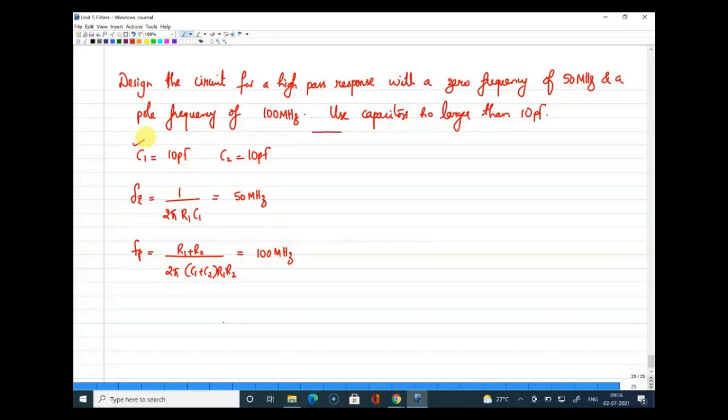Now you have assumed the values of C1 and C2. You know the zero frequency. That means you can easily find the R1 value. After finding R1, you can substitute it in the second expression because the only unknown there is R2. So then shouldn't it be R1 parallel? Oh yeah, okay, thanks. I got it. Yeah, you are getting R1 value as 318.3 ohms, and R2 value is 106.4 ohms. All right. So others can try. What I'll do is I'll just simulate this.